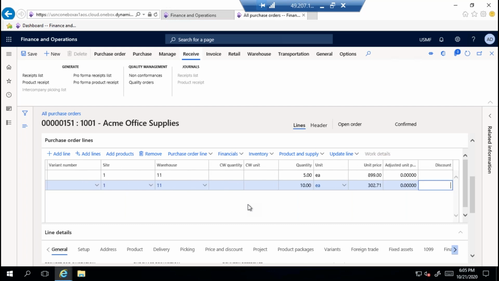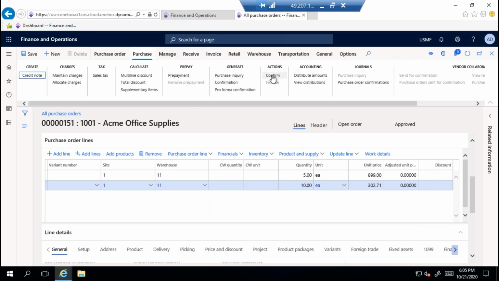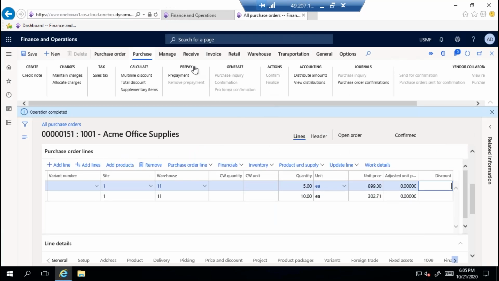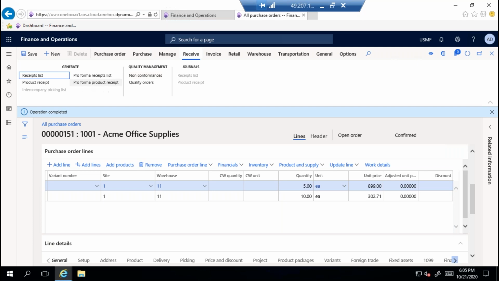Price is there. Now, if you have changed something in the purchase order, you need to do confirmation once again, which means your manager needs to approve once again. So I did that, my manager has approved, that is confirmation. Now I'm doing product receipt. I have received materials because I have given the order for both to the vendor. Now if I click product receipt,